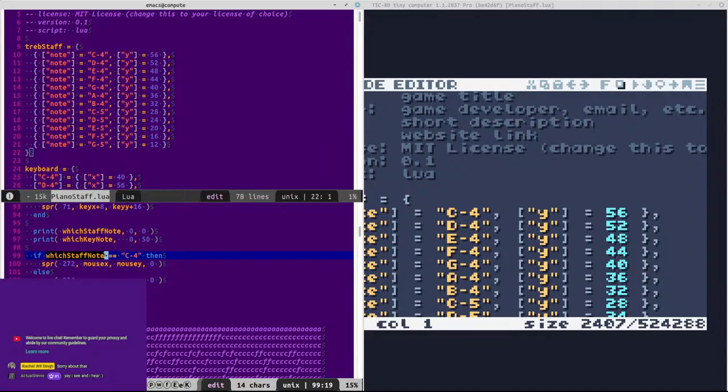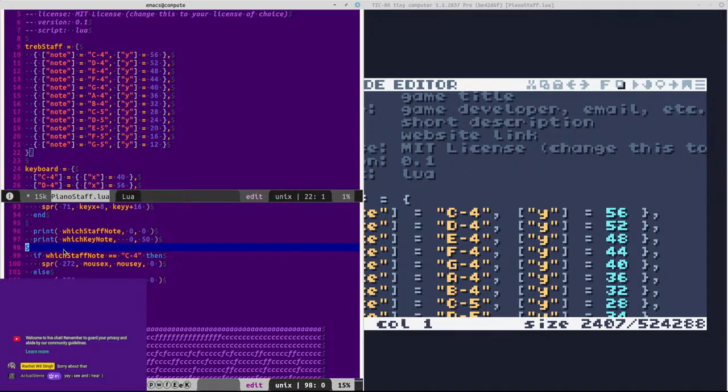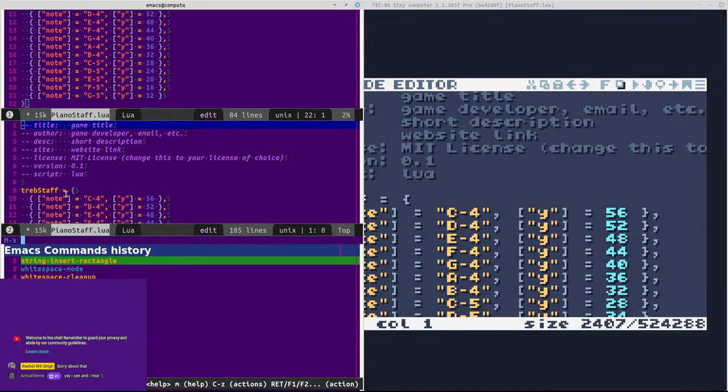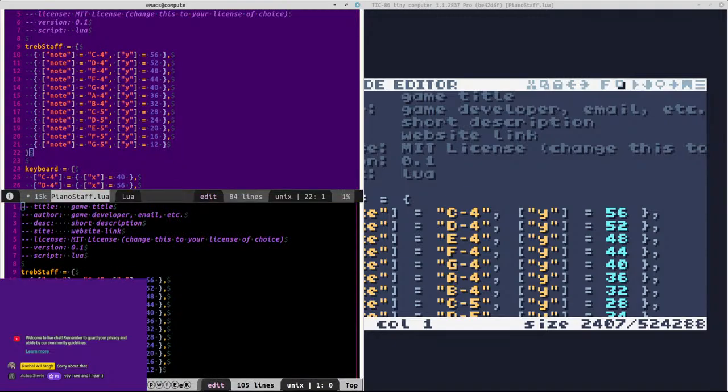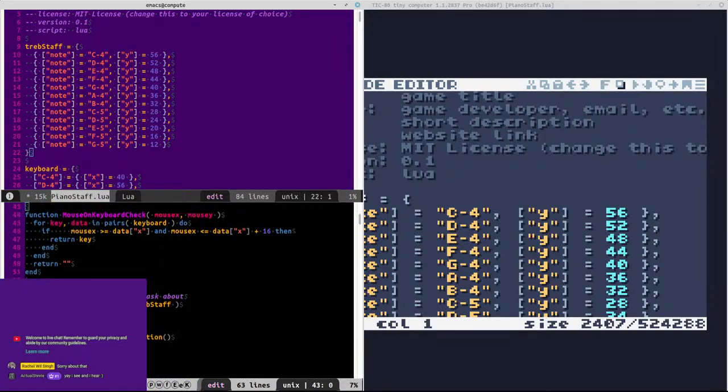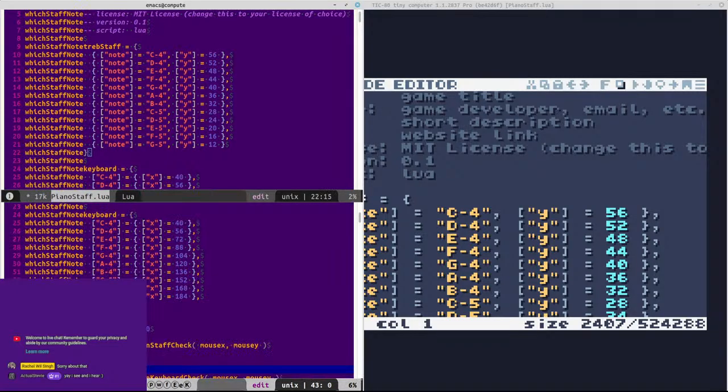So which staff note? Okay, we're going to change this up. So we're going to print out the staff. We have treble staff at which staff note? I'm going to change this actually. So which staff note? We're just going to, oh, that's,